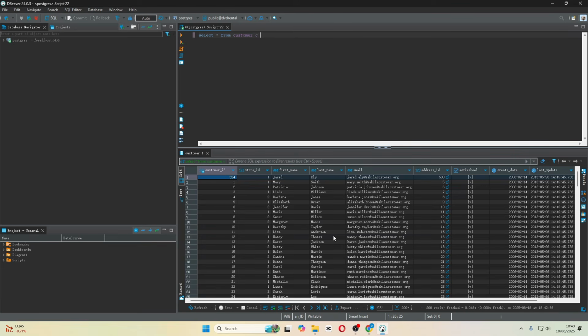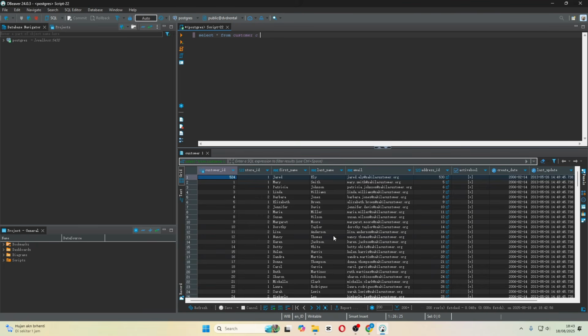Simple, right? But in the real world, tables can have 50 or 100 columns. Selecting everything is inefficient. Most of the time, you only need specific information. Let's say we only want first name and last name of our customers.